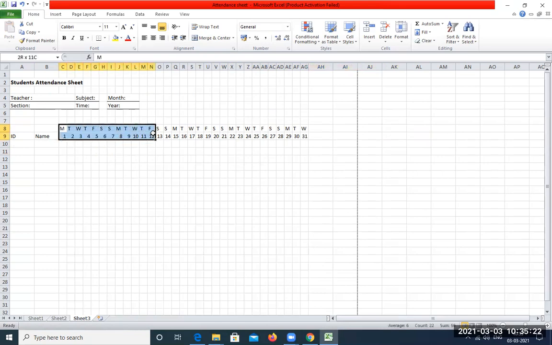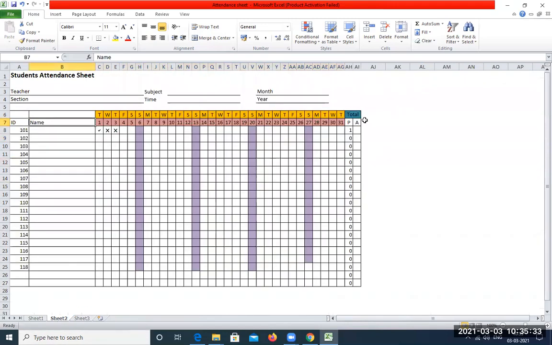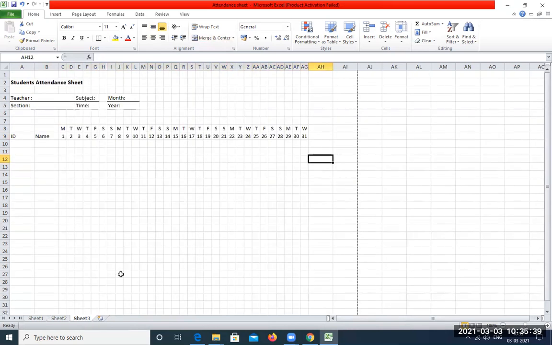Next thing is to select these two and go for center alignment. And after this, we need two more columns for present and absent and the heading as total. So we shall write here P, which indicates present, and this A to indicate absent.